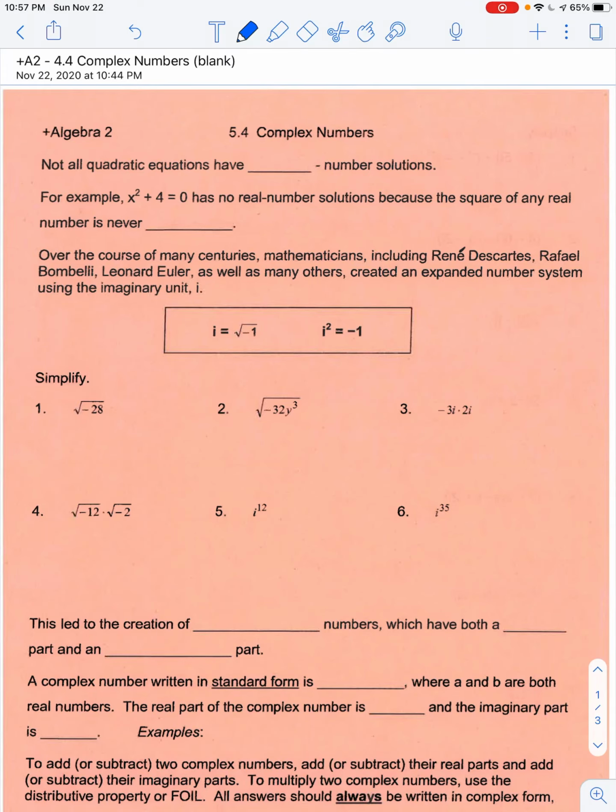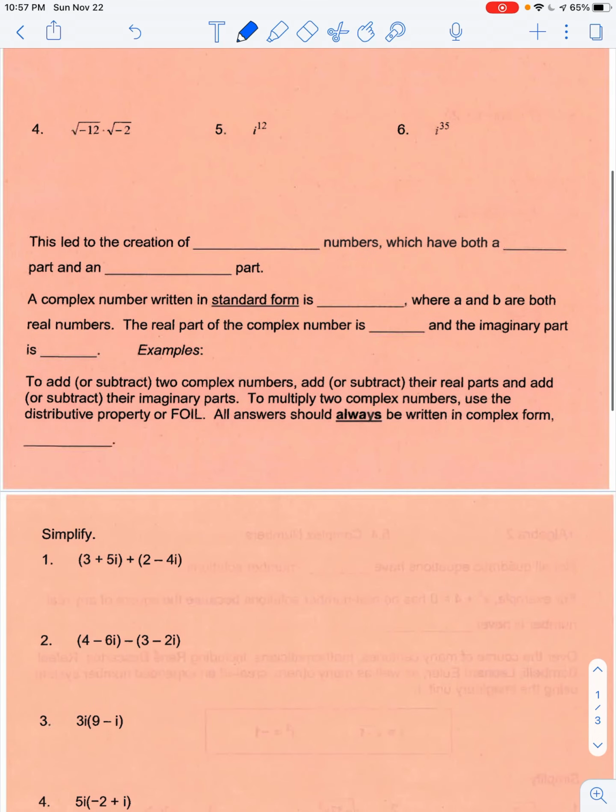In our lesson today, which is over section 4.4, day 2 over complex numbers, we are going to continue in our notes, which if you were in class, you already completed the top part of this handout. If you weren't in class, this handout can be found on my Canvas page. So I'm going to move down here, and the imaginary unit i